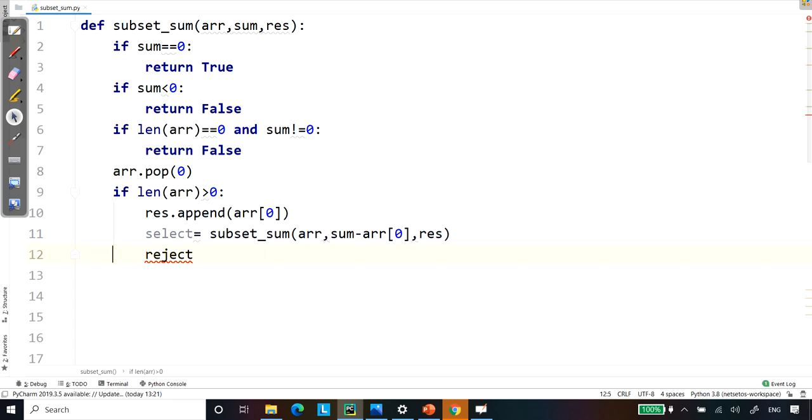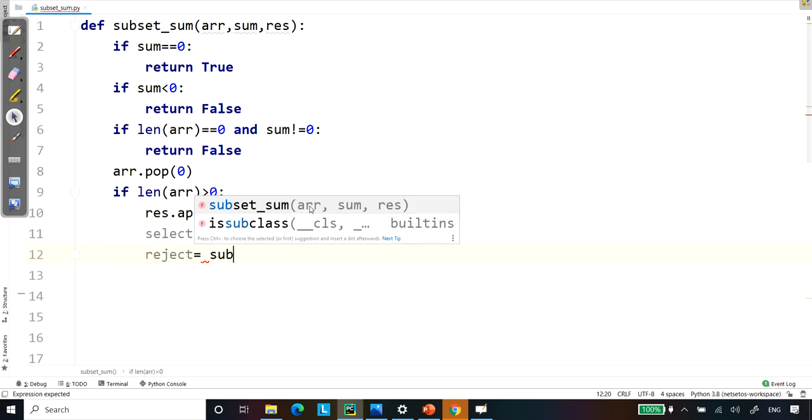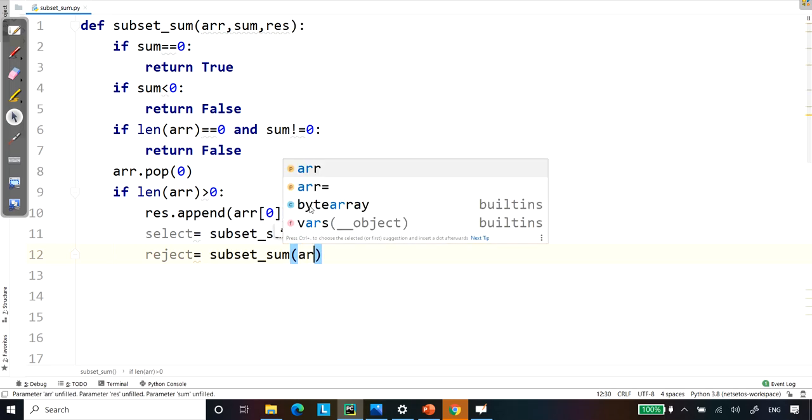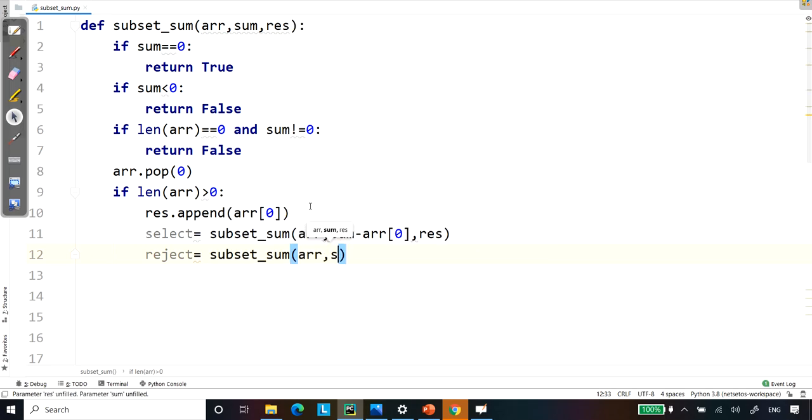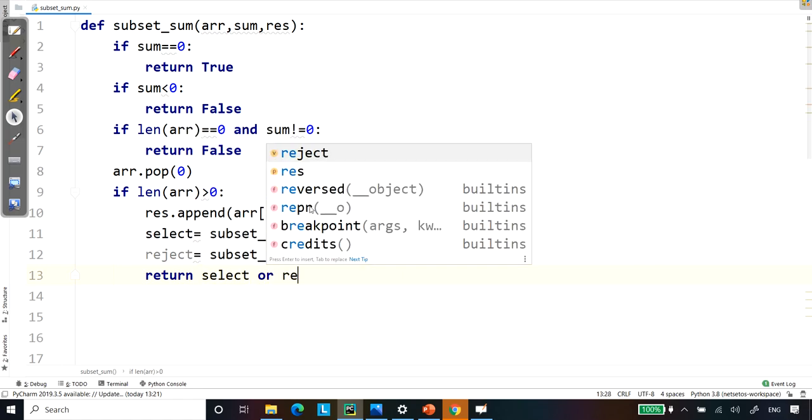But when we go to reject, here it will follow recursion with the array and the original sum and the result with no change in it, as we are rejecting the first element of the array. Then we will return select or reject.